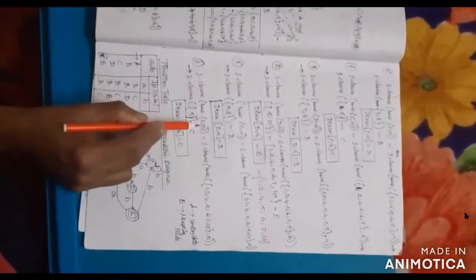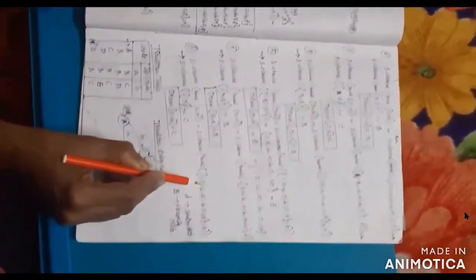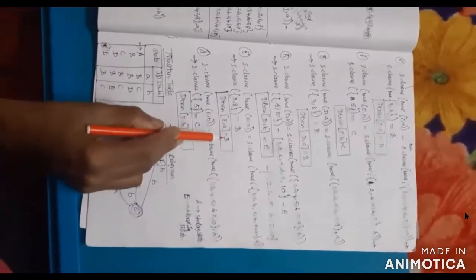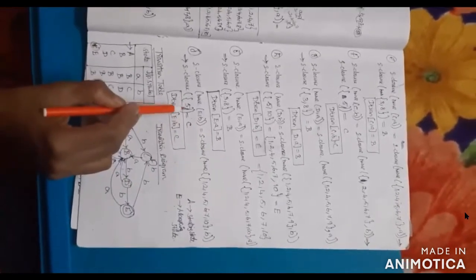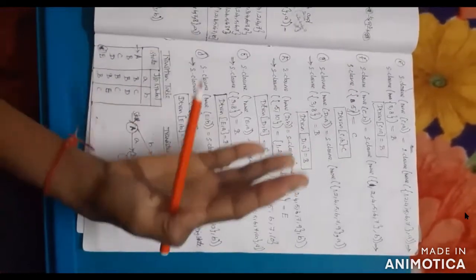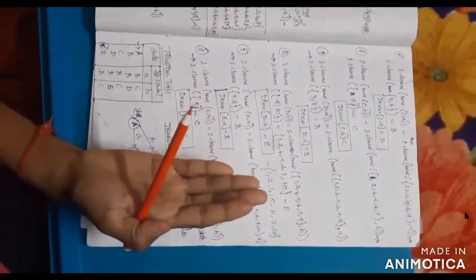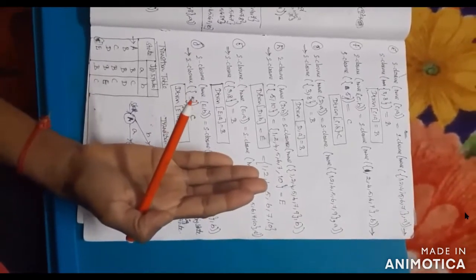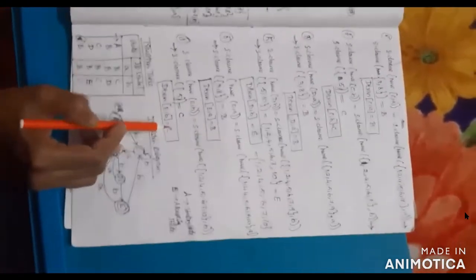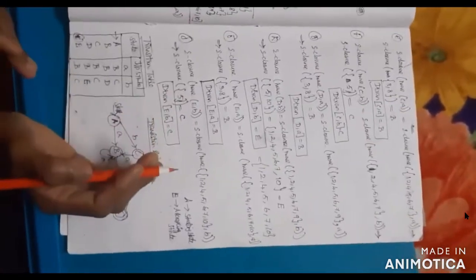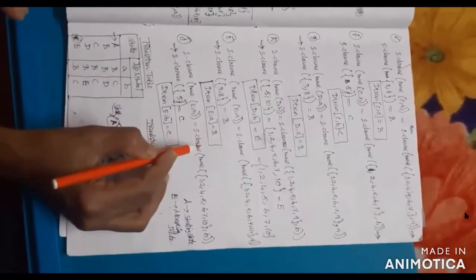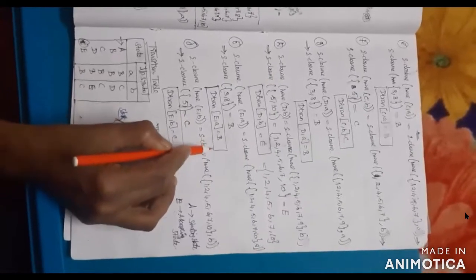Next check E comma B, with the same explanation procedure, you have to solve the problem. The output is C. So E comma A will be equal to B, E comma B will be equal to C. So B and C were already obtained in the previous iteration; you can solve the previous iteration based on the input symbols A and B, and you get the output B and C. So you didn't get any new value for the given E state. Until you don't get any new state, you can stop the problem.